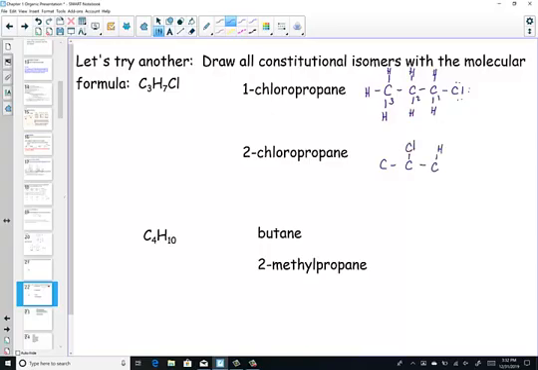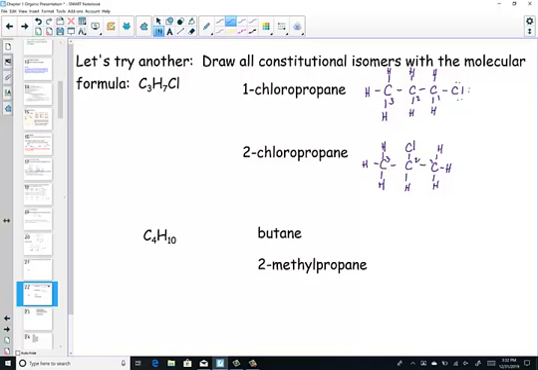Here we had 2-chloropropane as I draw in all of those hydrogens to complete the octet for each of the carbons. I can place chlorine on carbon number 1, or chlorine on the second carbon. And what about thinking about